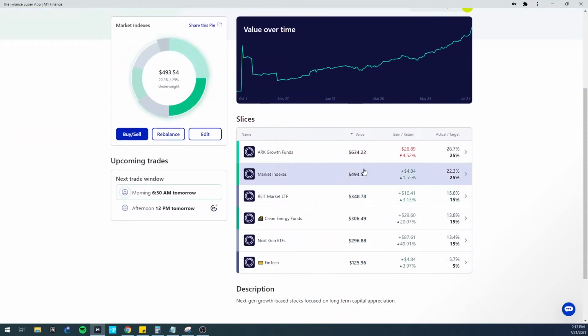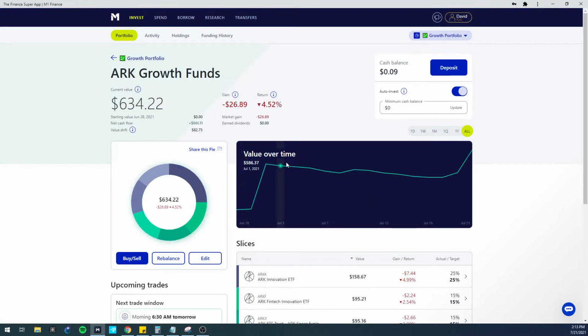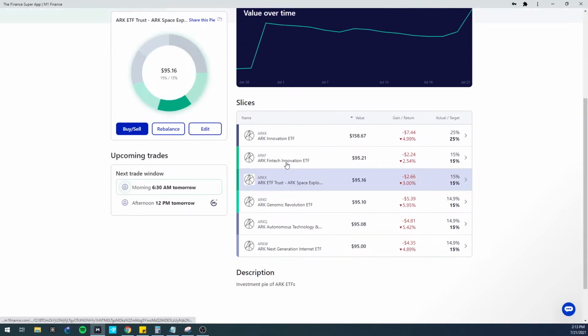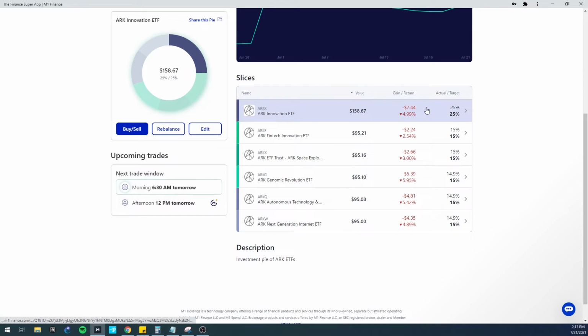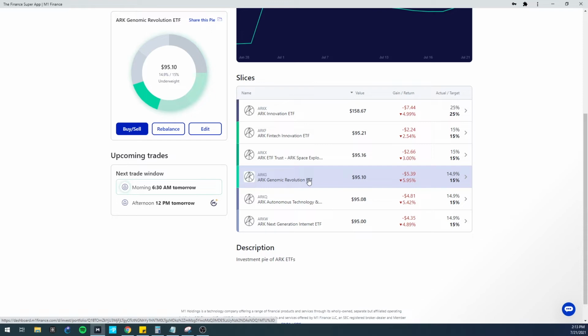Growth portfolio. For our ARK, we have 25% invested into ARK. And what is in ARK, you might ask? Well, that is all of their funds. 25% into the ARK Innovation, 15% into their various other ETFs, fintech, space, genomics, autonomous technology and AI, and next generation internet. So, if SpaceX ever